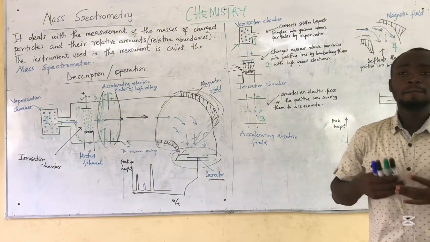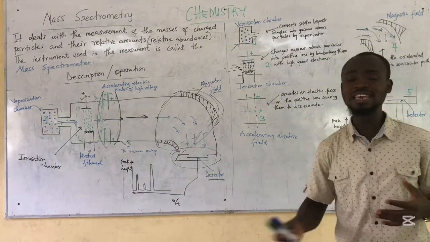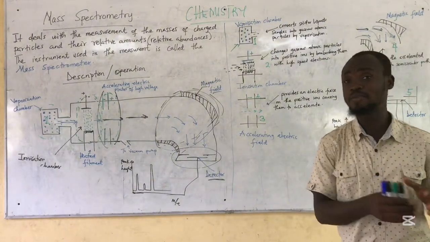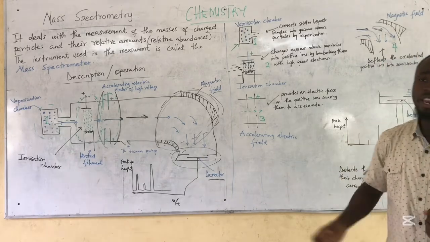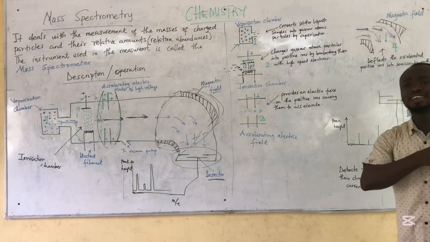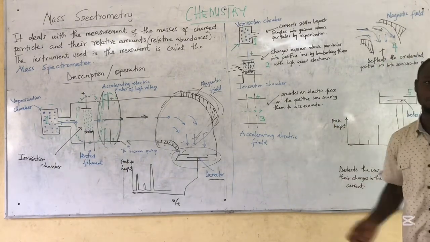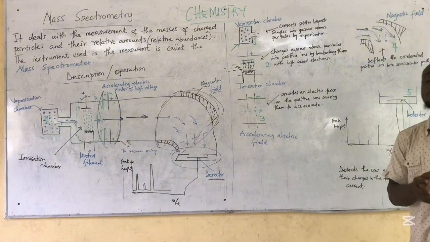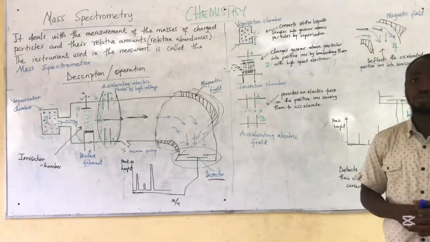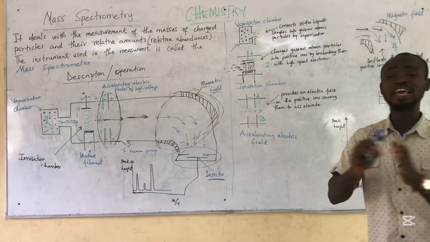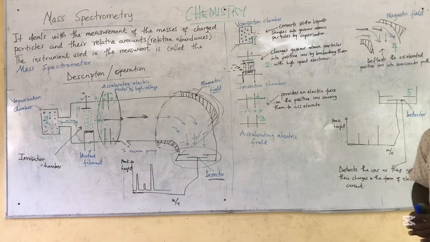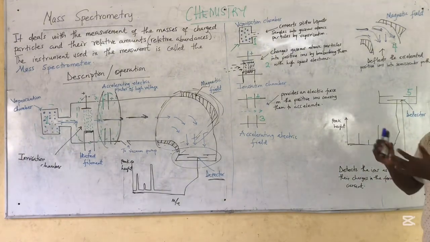Lighter masses will be deflected more easily compared to the heavy masses. So in the magnetic field, it deflects the positive ions according to their mass to charge ratio onto what we call